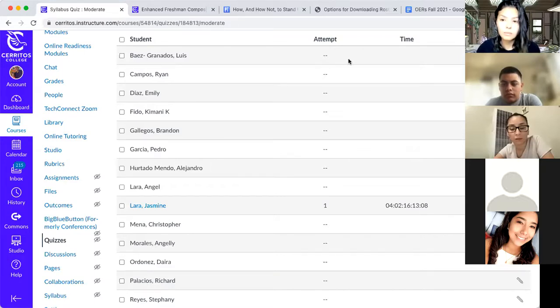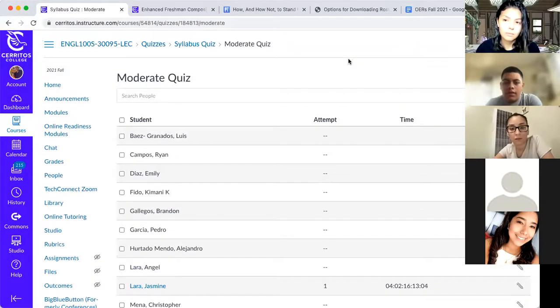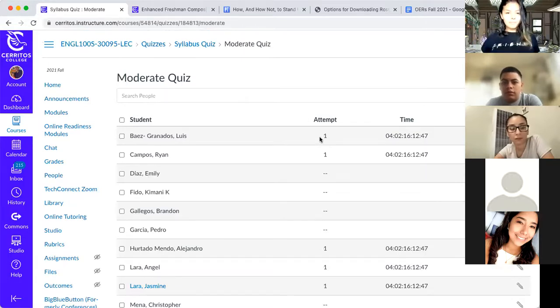Let's go back and look at the directions for this syllabus quiz. Yes, Alejandro, go for it. I started the quiz on accident, Professor. Okay, no worries. That's good. Start the quiz if you want to. Good. I'm seeing it's updating. Luis, Ryan, very good. I didn't mean to though. Well, that's okay. It's not going to negatively impact your grade in any way.